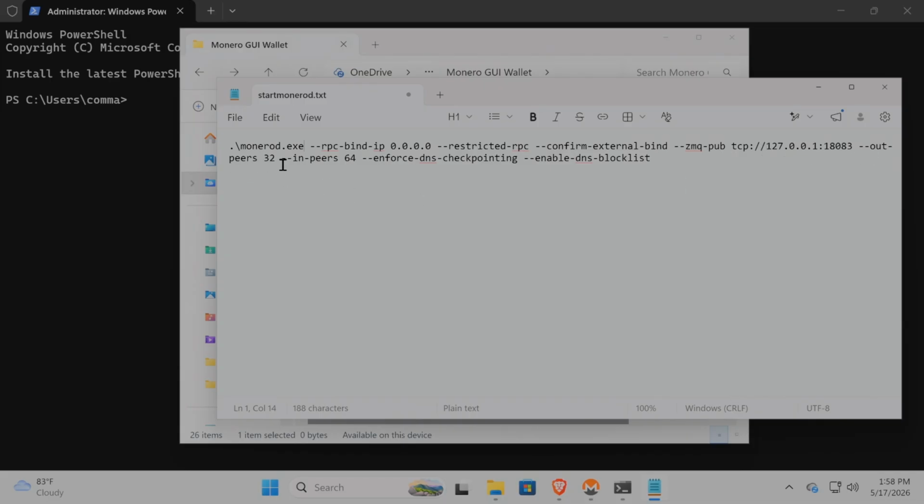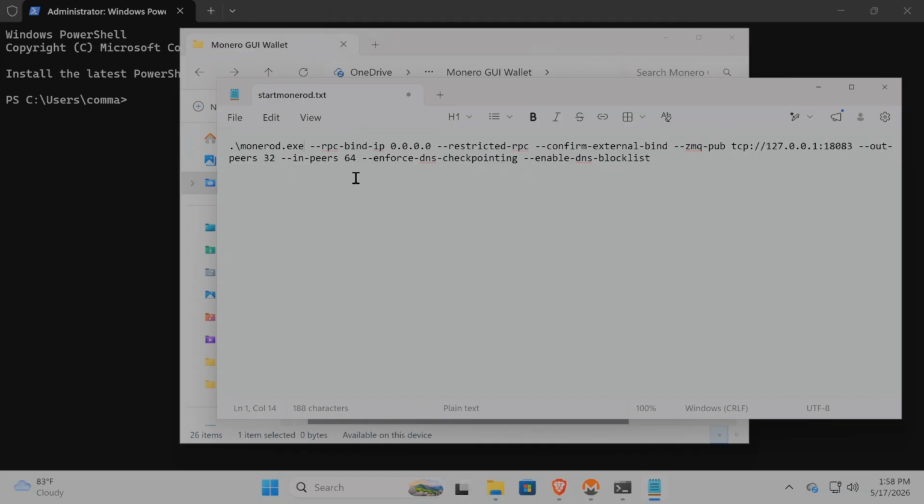We have our out peers and in peers to help with efficiency for the Monero node. We would have the priority nodes, the XMR VBs, and then I forget which other one. I think it's Sec1's node that he runs himself. We would have those, but like I said, with double NAT and this being in a virtual machine, if you were running on two different networks, like an Ethernet and a Wi-Fi, and both of those were different networks, not the same network, you might have a little trouble with double NAT as well. So you could go ahead and